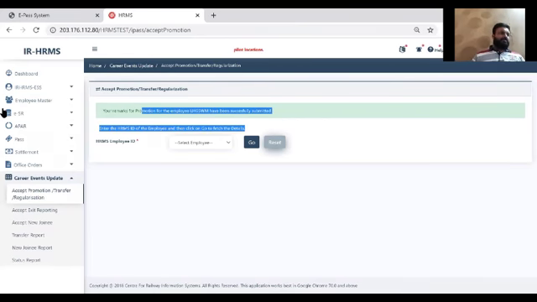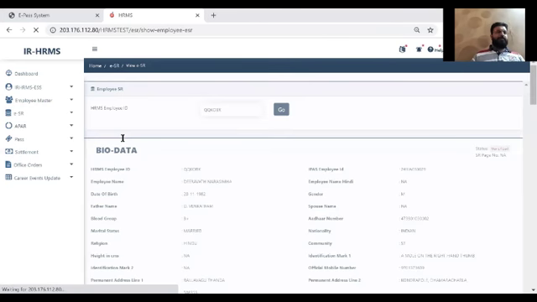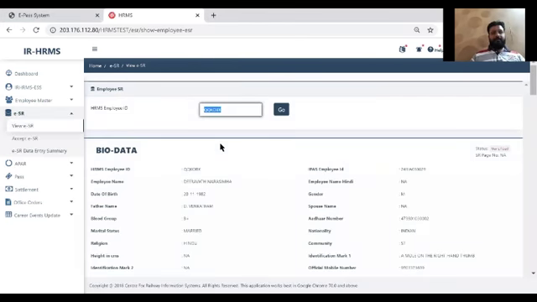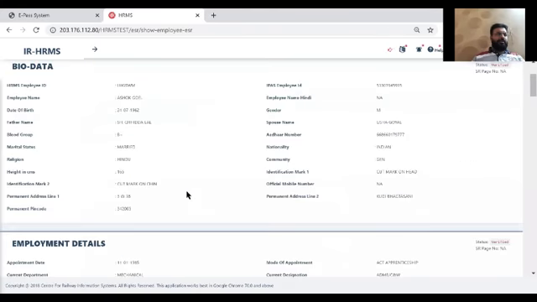Let's check what information has been updated. So I'll click the view ESR option. View ESR is an option where you can see all the records of the e-service book for any employee, and now as it is the accepting authority, it is allowed to view. I'll put the HRMS ID of Mr. Goyal that we have just transferred from Jodhpur workshop to Secunderabad. So let's see what information we have here.